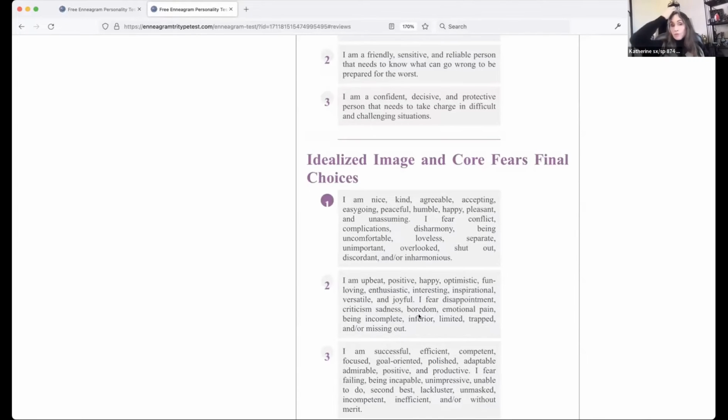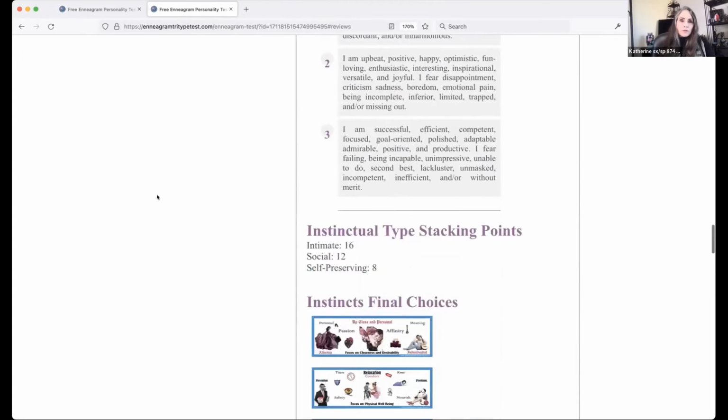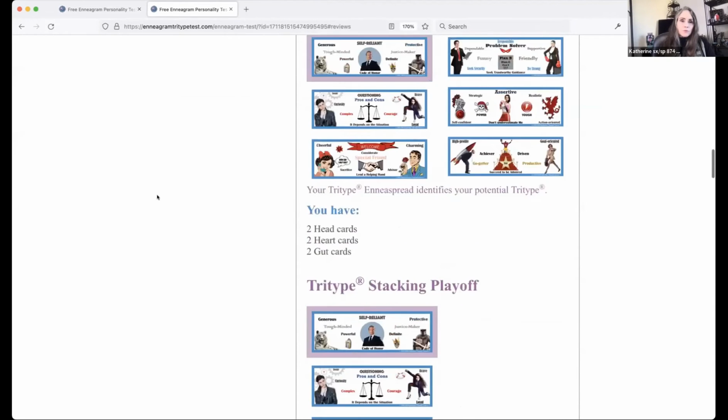Now, for his head type here, he then chose 7. Where did 7 come from? He didn't mention it before, but 9 and 7 are both positive. To succeed in the world, they need to be positive. And then he chose 3 again. So he has 3 in the top 3 in the written word in a sentence that is meaningful to him. Now, then I go to the